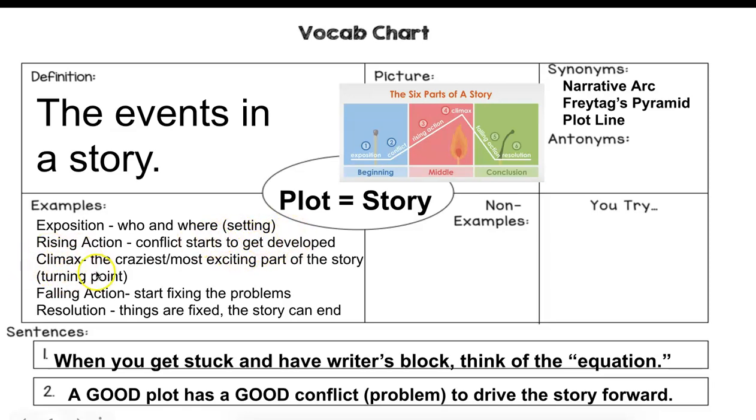And then the climax is the craziest, most intense, most exciting part of the story. Often it's called the turning point. I also like thinking of the climax as the point of no return. Like, how can your story get back here when it's this crazy? Falling action is we're starting to fix some of the problems, but we're not ready to end the story yet. And resolution is that things are fixed, and the story can end. And sometimes not everything gets fixed, or sometimes you'll end on a cliffhanger and not everything's actually fixed,